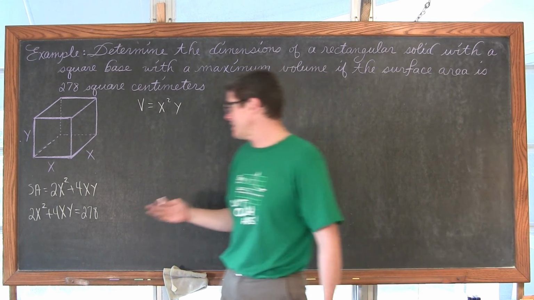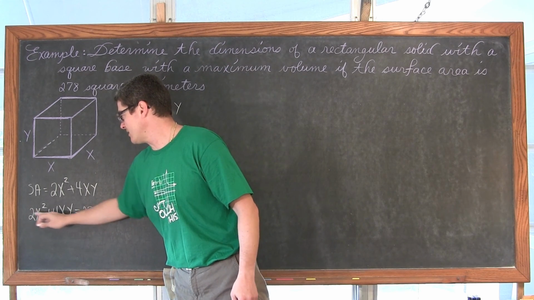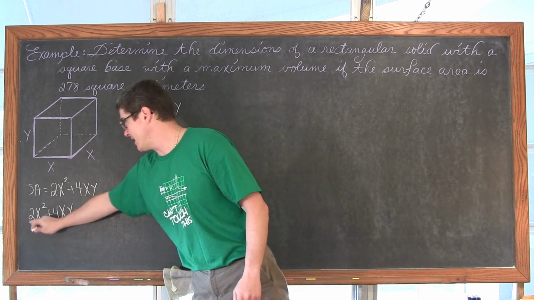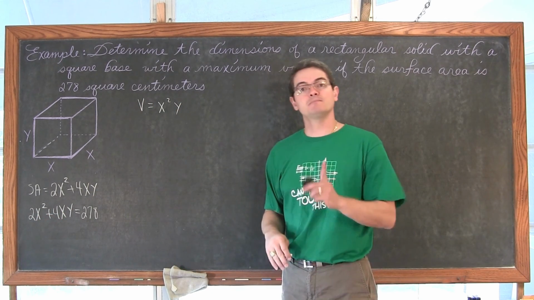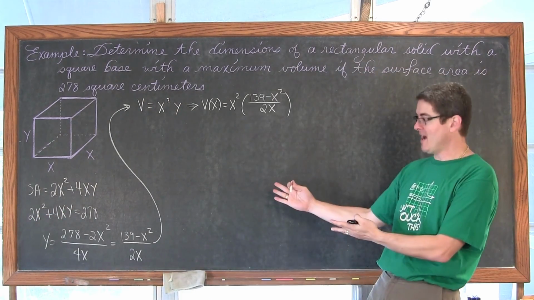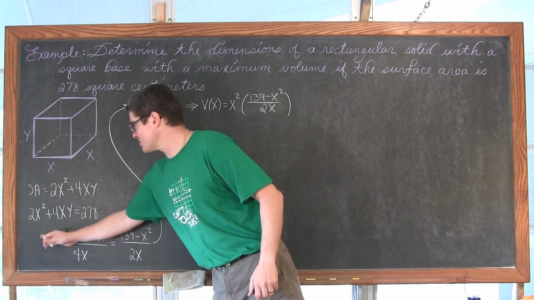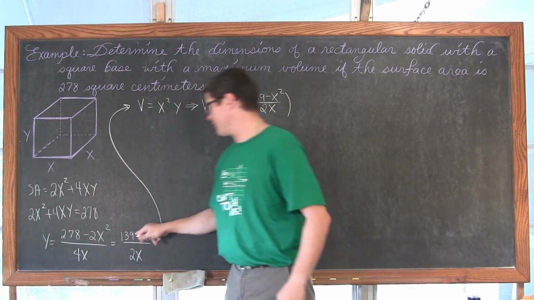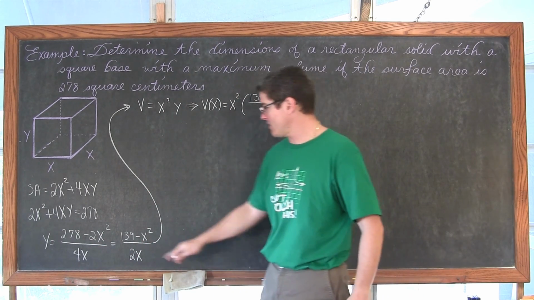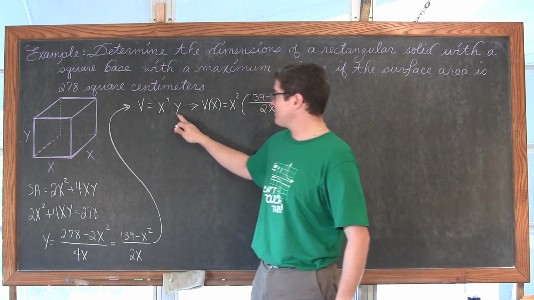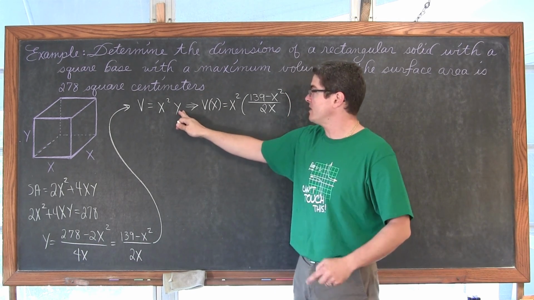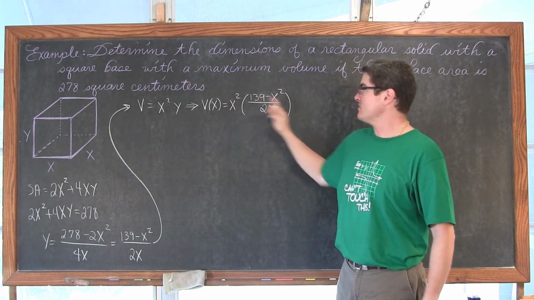If I look at this, it's going to be quite a bit of work to try and get this equation solved for x, so I think it's going to be a little bit easier to get y in terms of x and do that substitution up here. So let's speed this up a little bit. Voila! I've taken my equation here, solved it for y, and did a little bit of reducing. This y is equal to, therefore, 139 minus x squared over 2x, and put that back into my volume formula, my primary function, which I'm going to maximize, and wrote it in terms of x.